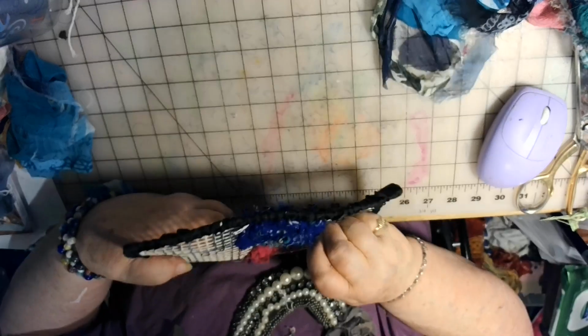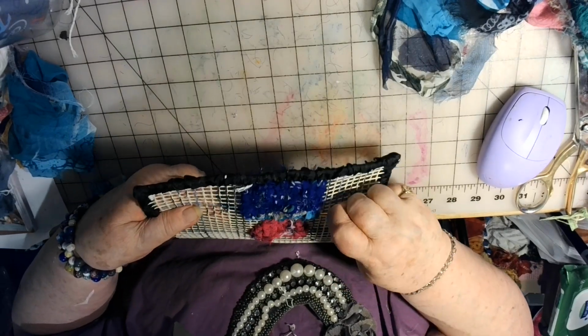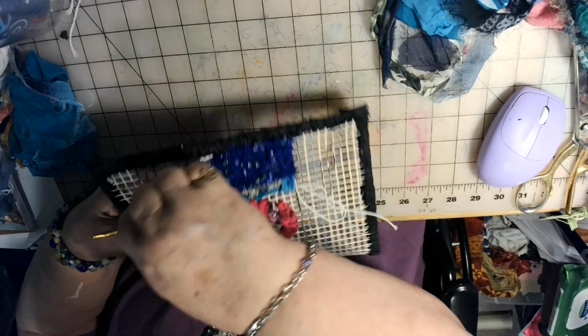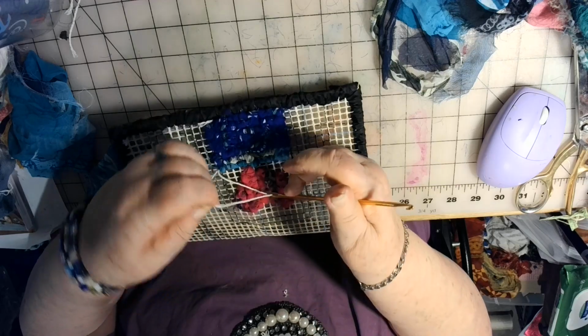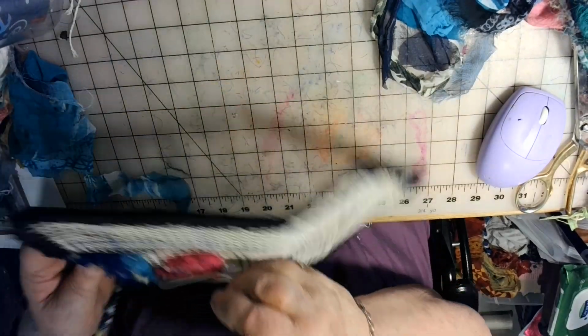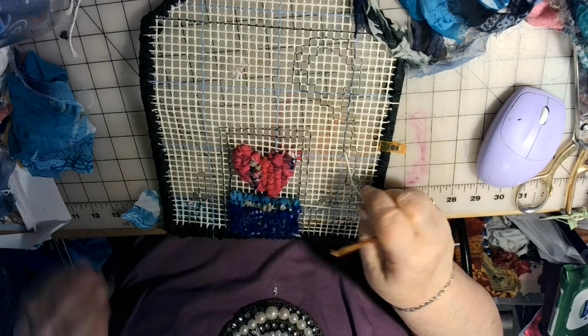Okay, and there it goes. That went across the door again. Okay. I was going to try and finish this door while being on this here